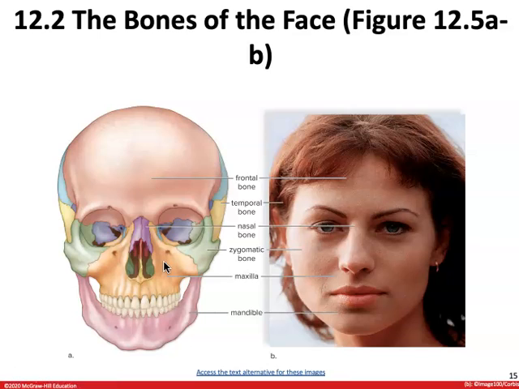It's going to help to reduce the weight of the skull, and it gives a resonant sound to the voice. They're going to be named according to the bones in which they are located. So we have the frontal sinuses found in the frontal bone, the sphenoid sinuses found in the sphenoid bone, the ethmoid and maxillary,